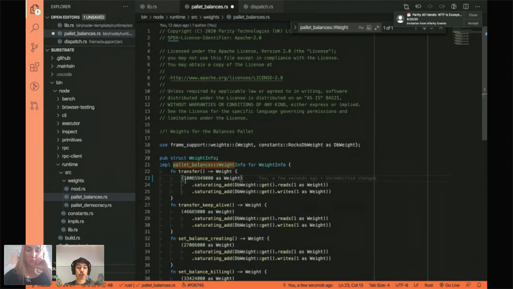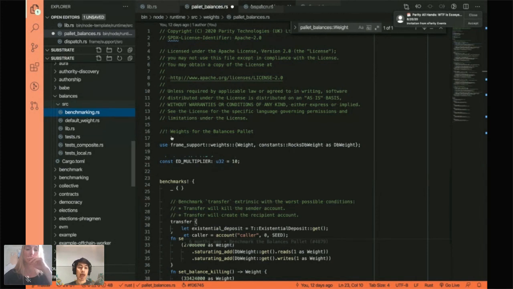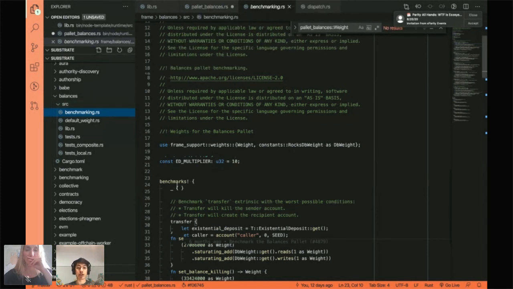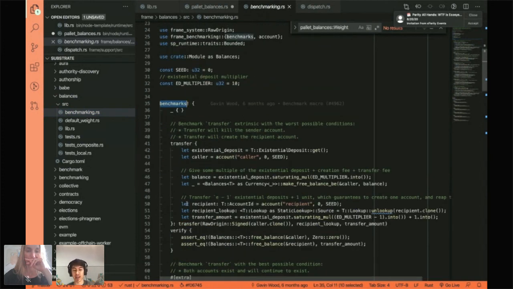So then I just want to give you a quick look into what a benchmarking setup might look like. And to be honest, the benchmarking setup is basically just like writing tests. So there's a file here, benchmarking, and benchmarking uses a macro which I helped work on called benchmarks. And benchmarks basically expects there to be a set of functions that you define. And the syntax is a little bit funny. Again, we don't use real Rust syntax here. Again, it's something I can talk more about if I go over the Rust macros.